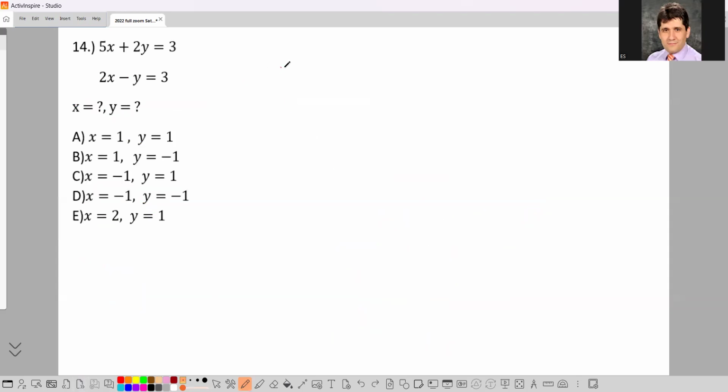Solving the system of linear equations. So 5x plus 2y is equal to 3. 2x minus y is equal to 3. We can choose the substitution method or the elimination method, so opposite coefficients. I would recommend in this exercise using the opposite terms. So if I multiply the second equation by 2, what do I get? 5x plus 2y is equal to 3. And here I get 4x